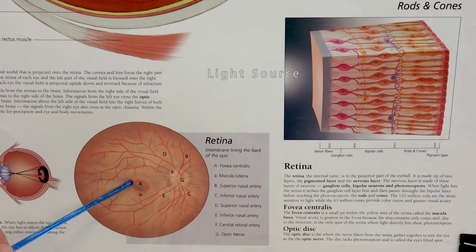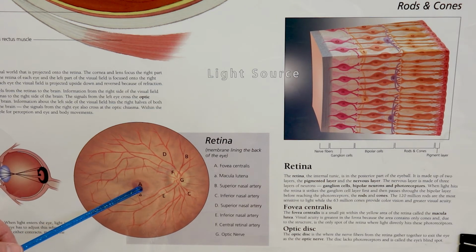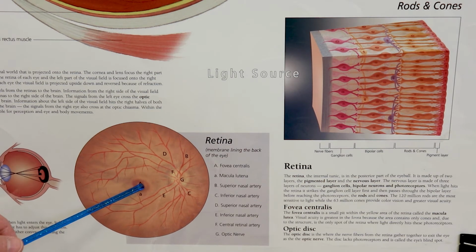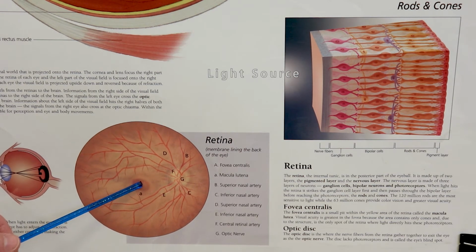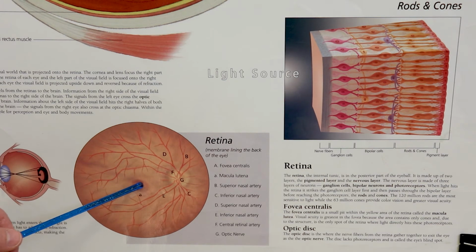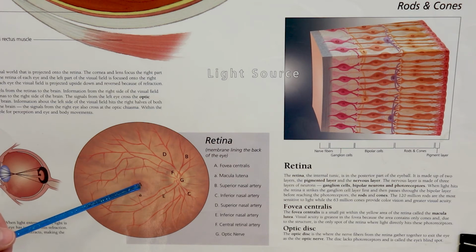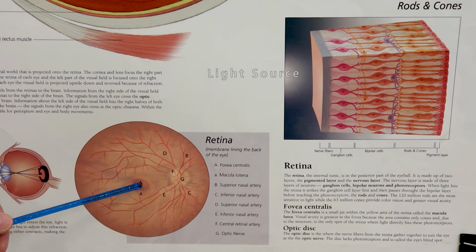The macula lutea is a place that has a high concentration of cones, which are the photoreceptors that detect color and that are also better at detecting sharper images. And then right in the center of the macula lutea, we have a point called the fovea centralis, which has the highest concentration of cones. And it is where we get our most acute vision when light falls on that fovea centralis. So this is why if you see something out of the corner of your eye, you turn your head so that you can look directly at it so that the light waves fall directly on that fovea centralis and you can see it more clearly.